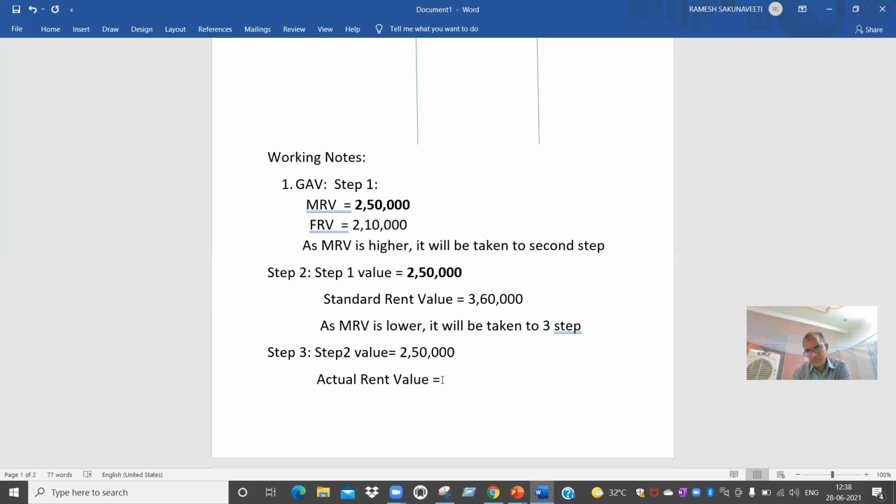Mr. Mohan Reddy is the owner of a house property whose municipal valuation is 2,50,000 per annum. Standard rent is 3,60,000 per annum. He has let it out on a monthly rent of 25,000, and fair rental value is 2,10,000 per annum. Municipal taxes due 25,000, out of which 15,000 is paid so far. Other expenses he has given, repairs, insurance, and interest on loan taken to purchase the house, is rupees 42,000. The tenant has not yet paid the last 1 month rent.